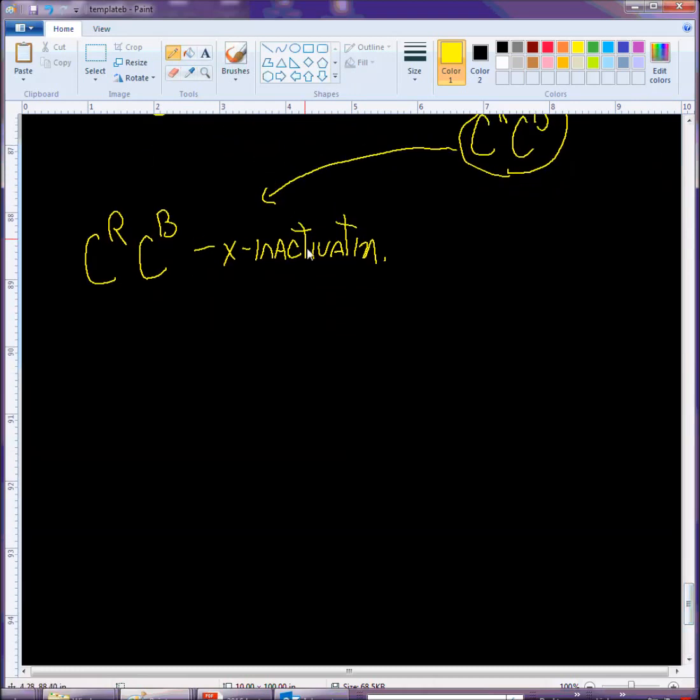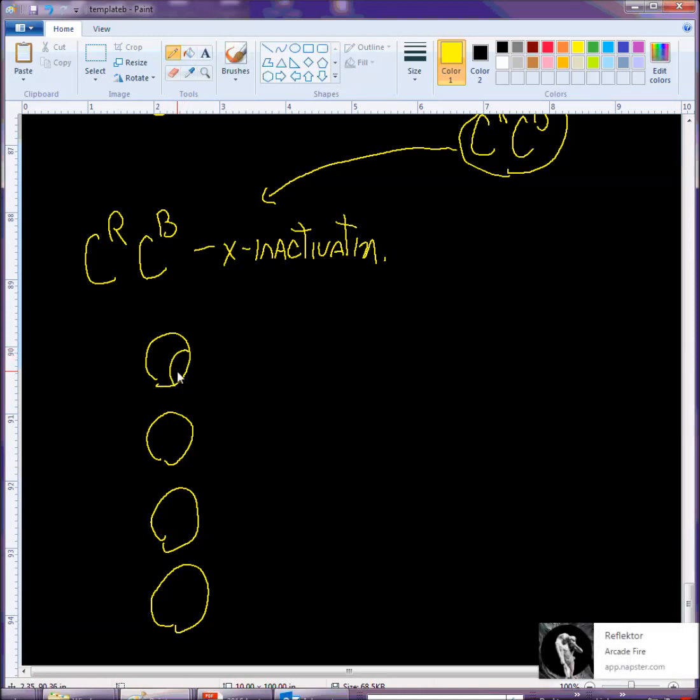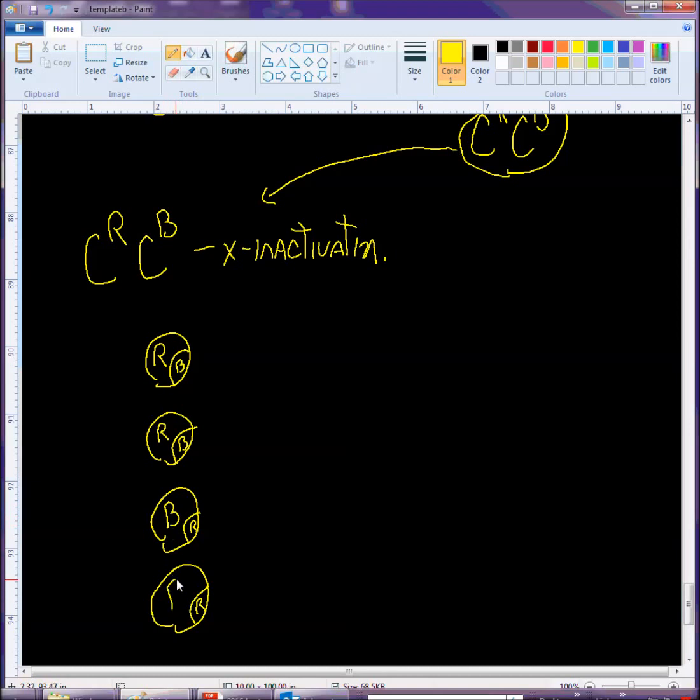So during the first 1 to 3 weeks, and maybe that time might be a little different for cats, neither X is going to be inactivated, but then we're going to end up with lots of cells, thousands of cells, with both of those activated, and then one of these X chromosomes is going to be inactivated. And let's say in this one and this one, the X chromosome with the black allele is inactivated, and it's put into the bar body. And the red allele is still active because it's on the active X. And in these down here, we'll say the X chromosome carrying the red allele is inactivated. And the one carrying the B allele is